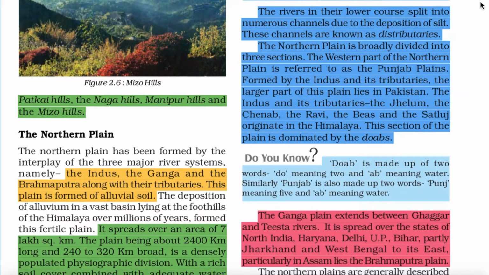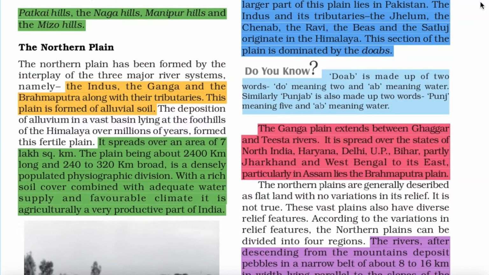The Northern Plain. The Northern Plain has been formed by the interplay of the three major river systems, namely the Indus, the Ganga and the Brahmaputra, along with their tributaries. This plain is formed of alluvial soil. The deposition of alluvium in a vast basin lying at the foothills of the Himalaya over millions of years formed this fertile plain. It spreads over an area of 7 lakh square kilometers,